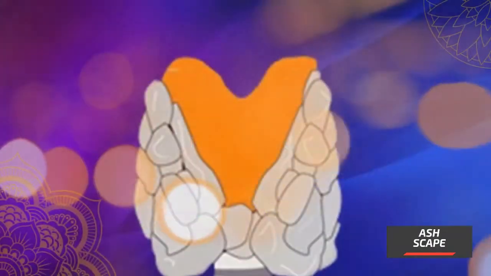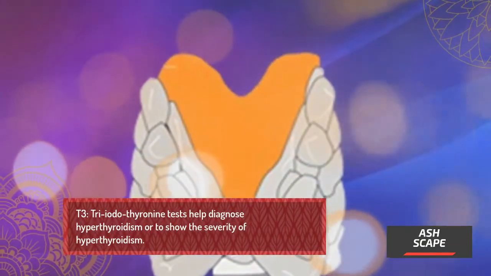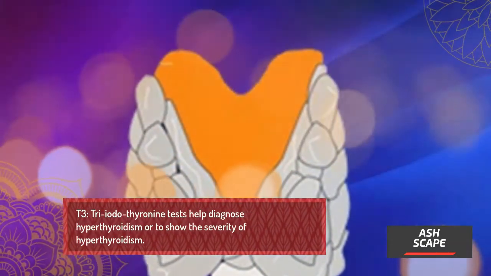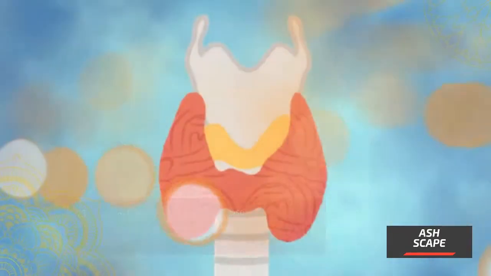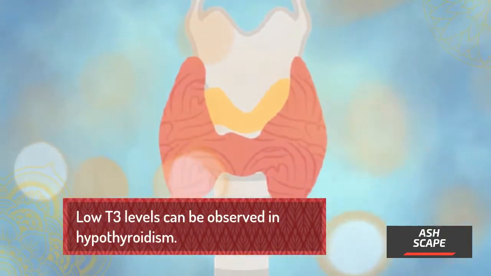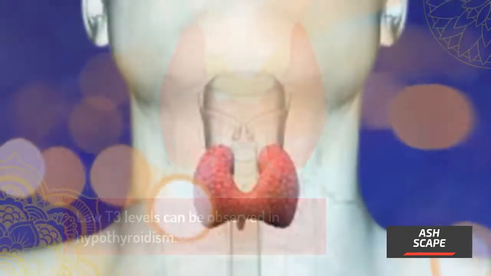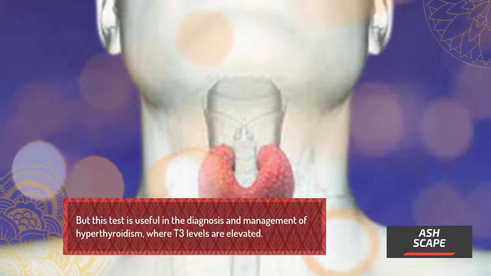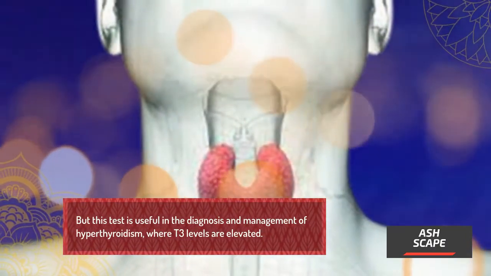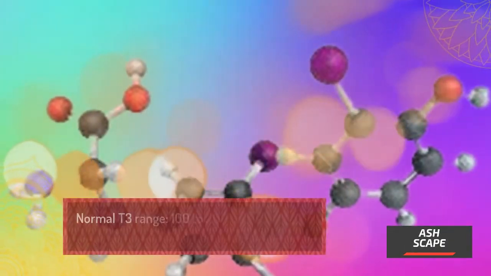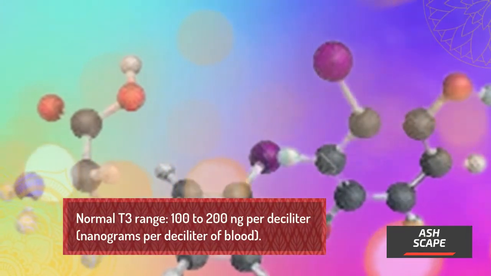Triiodothyronine. T3, triiodothyronine tests help diagnose hyperthyroidism or to show the severity of hyperthyroidism. Low T3 levels can be observed in hypothyroidism. But this test is useful in the diagnosis and management of hyperthyroidism, where T3 levels are elevated. Normal T3 range, 100 to 200 nanograms per